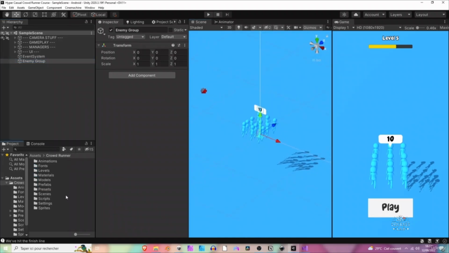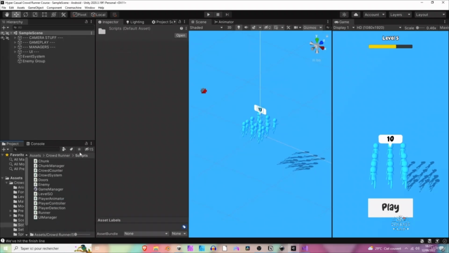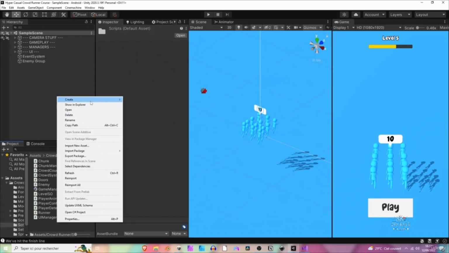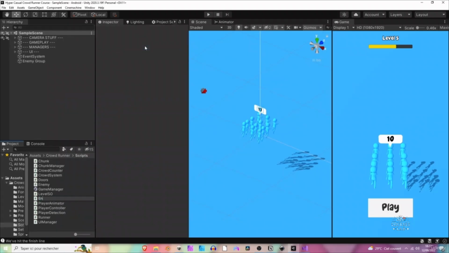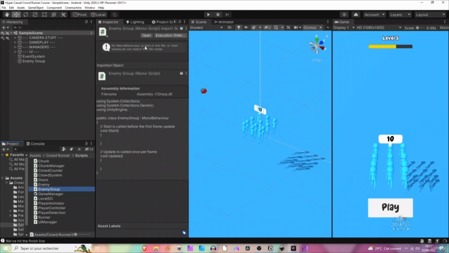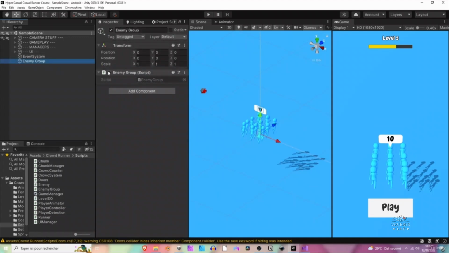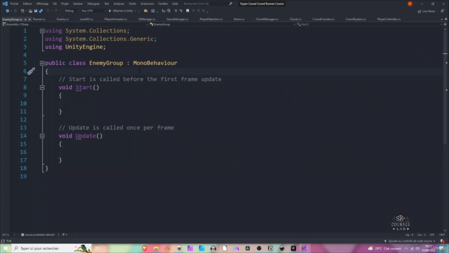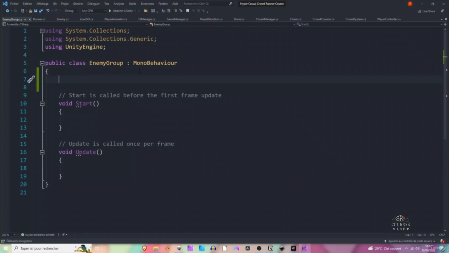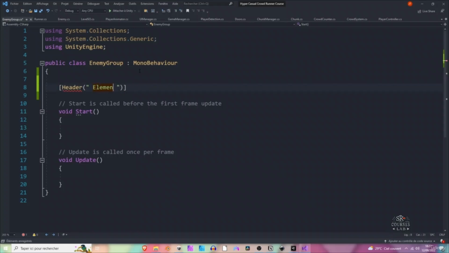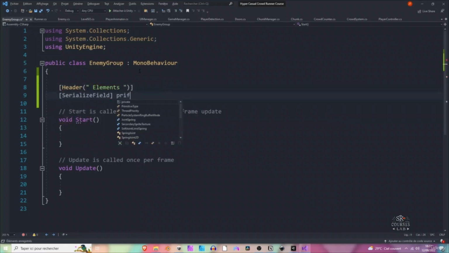Then we want to create a new script. Okay, so let's go to the scripts folder and create a new script called enemy group. Perfect. You can drag this script and drop it into our freshly made game object, enemy group. All right, let's open this script. So the first thing we want in this script is to have a reference to our enemy prefab. So let's create a new header for our elements. Let's create a field for the enemy prefab. It's going to be an enemy